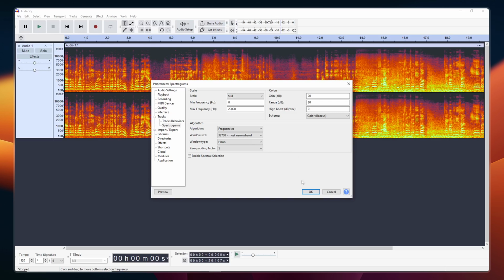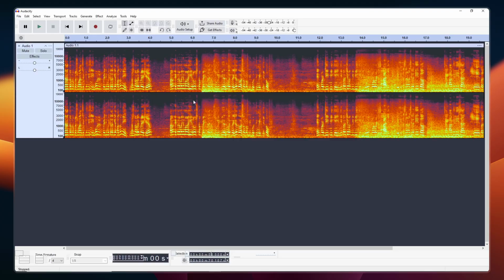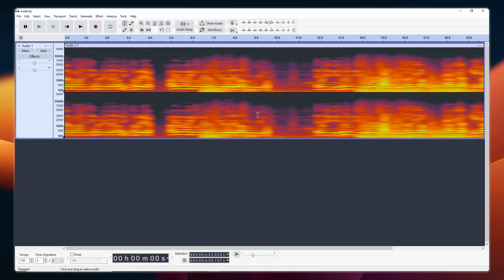Once you've made your selection, click OK to apply the changes and close the Preferences window. Your spectrogram will now display with the updated settings, showing you a more detailed frequency analysis. And that's it. You've successfully configured Audacity to view and customize the spectrum of your audio, giving you powerful visual tools for audio